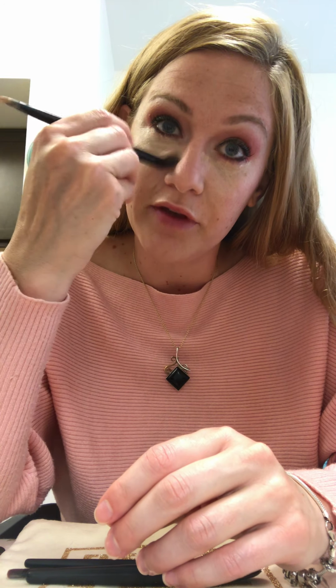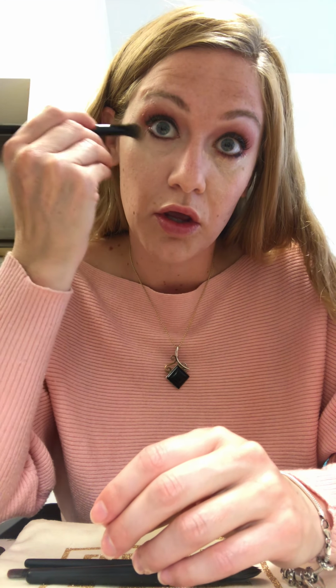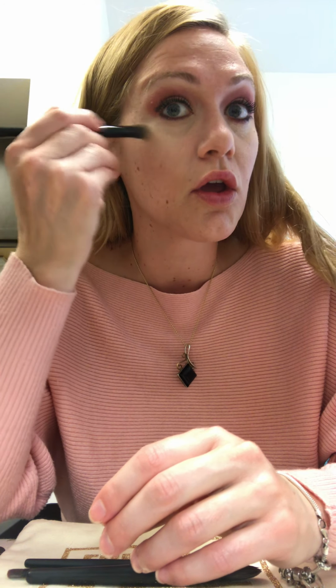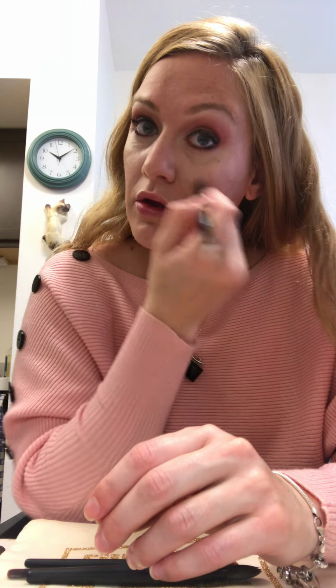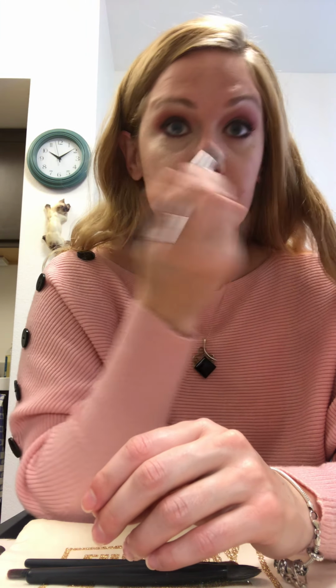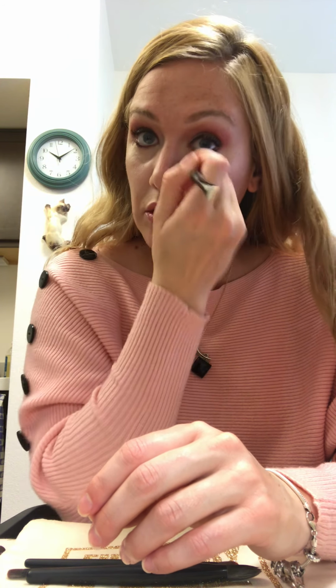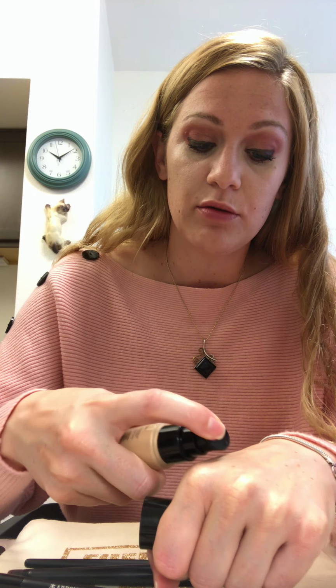And then I'm going to take the other side and buff it out. On both sides. There we go. So now I have a nice concealed under eye that's nice and highlighted because of using a slightly lighter color. My next step is to take my foundation, and I'm going to apply my foundation